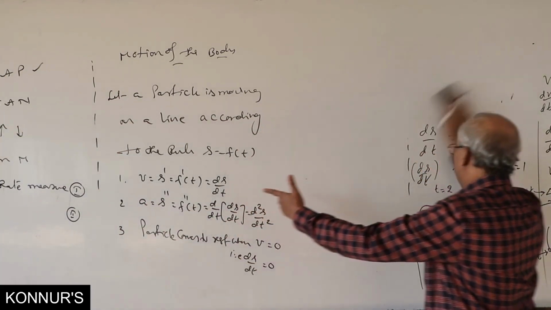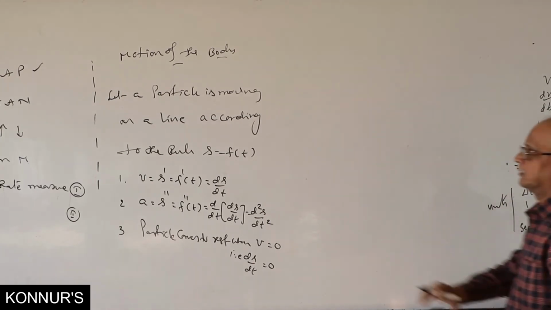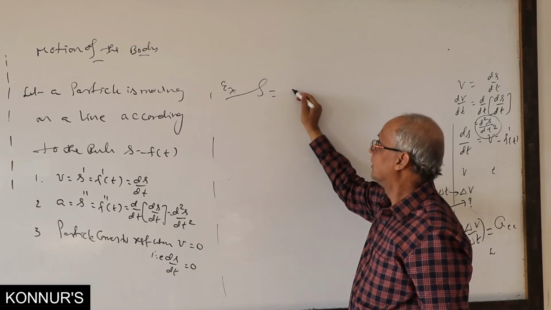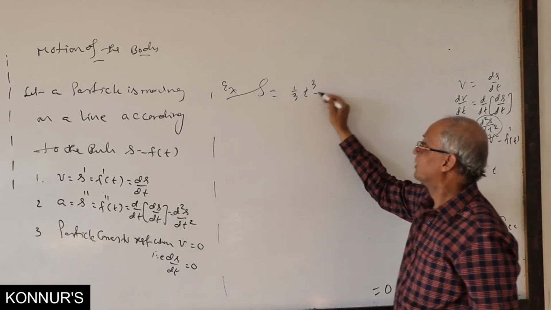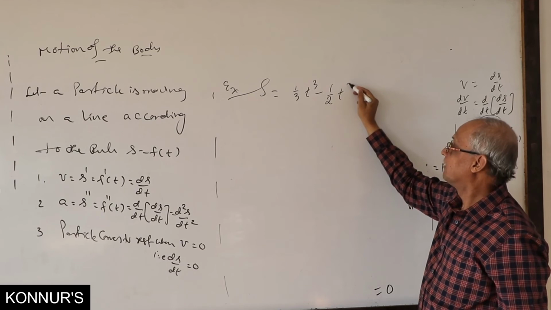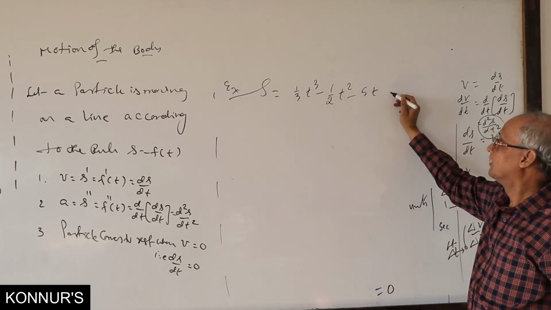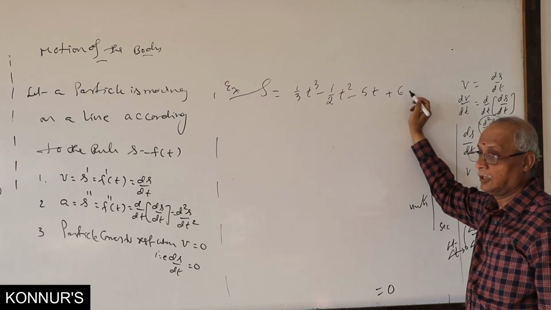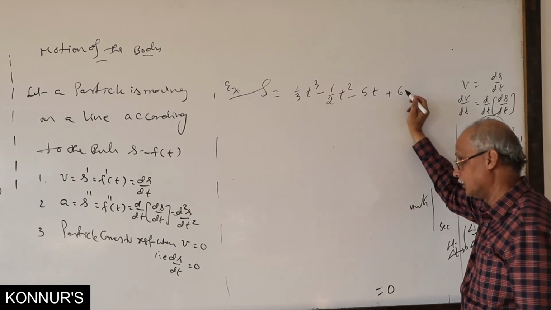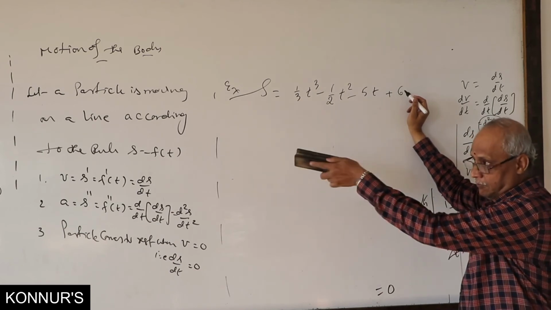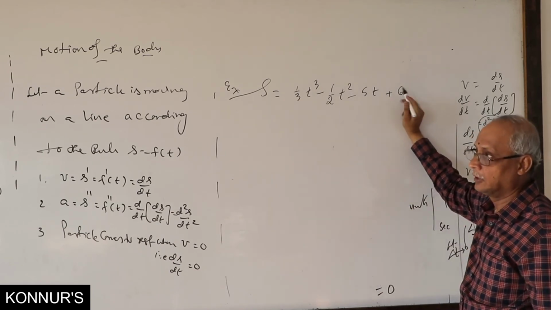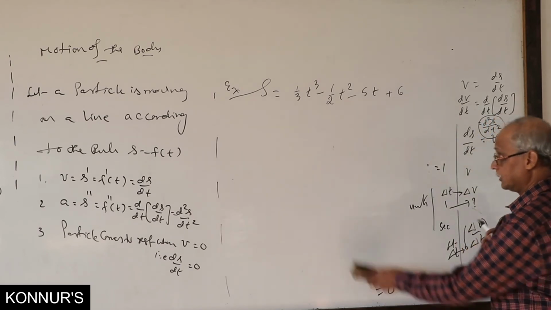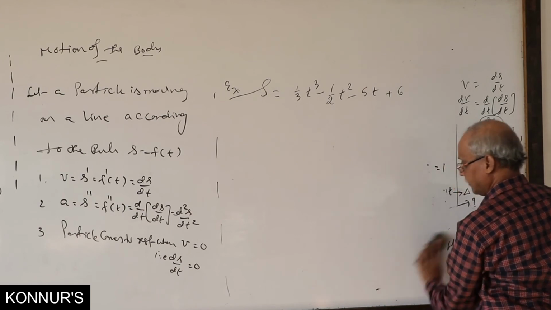That is enough, because any problem is the same concept and the same models of calculations. S is equal to 1/3 t cube minus half t square minus 5t plus 6. You must be ready with inequalities also, compulsory. Next unit I will start with the same concept. Concept means theoretically. What is our next unit? If I go increase, decrease, maximum, minimum is there. In that also I will get this type of problems only.